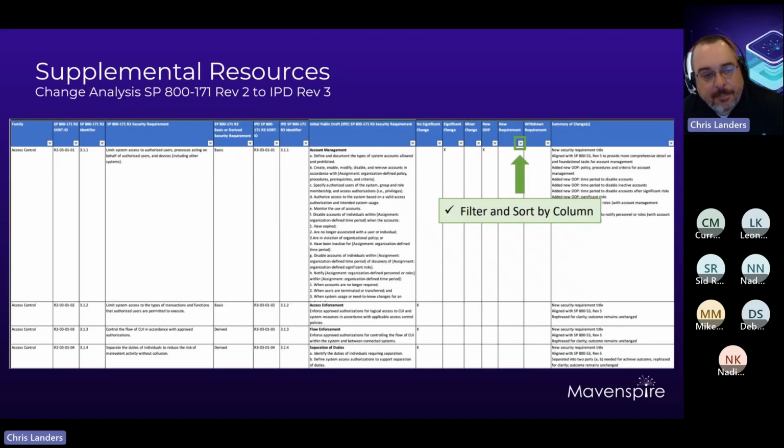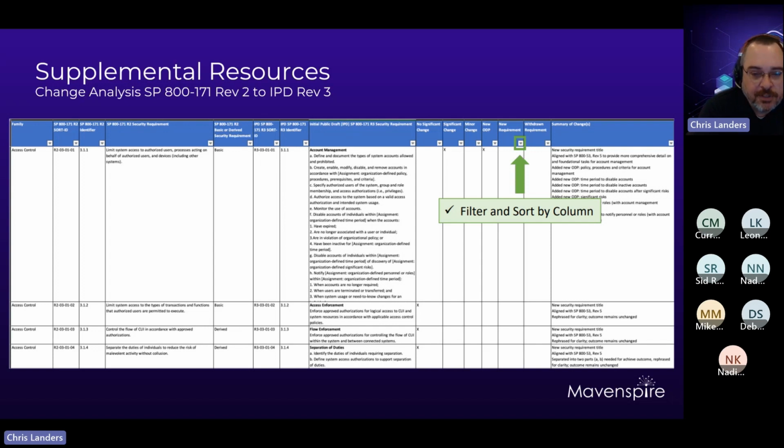Supplemental resources, and I'm going to provide you with the how to get here, where do you find these things here in just a moment. But real quick, this is one of the supplemental resources that's used. It's a big Excel spreadsheet basically, where you can download this spreadsheet. And I know this is a little blurry on your screen probably. So this wasn't meant to be able to actually sort through and show you and start going through every little change. But this basically at a high level is a resource that you can use to very quickly see what changed. And in this example, you'll see over on the far left side on about the fourth column, you'll see the SP